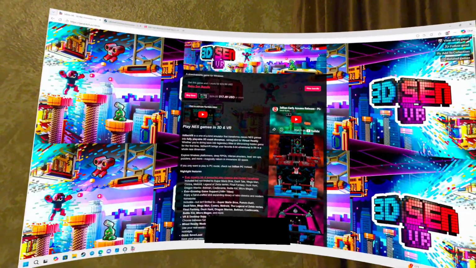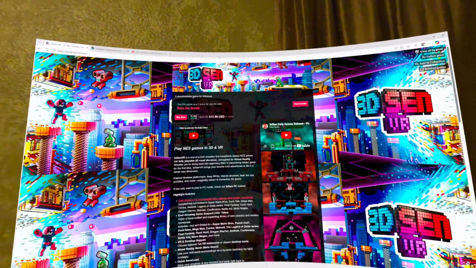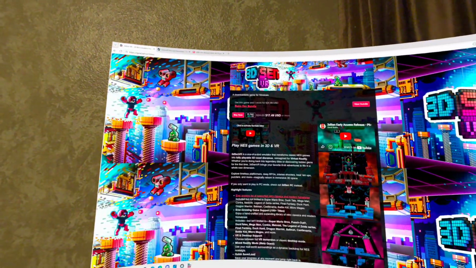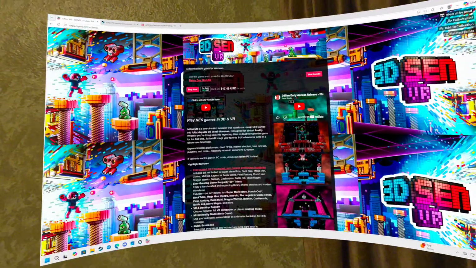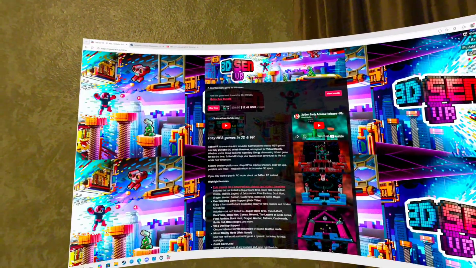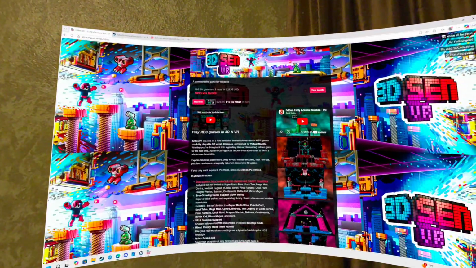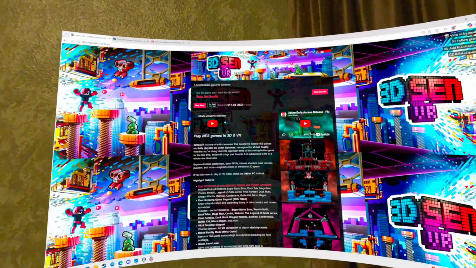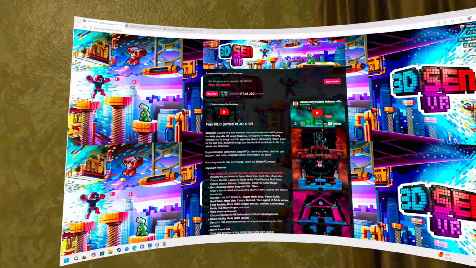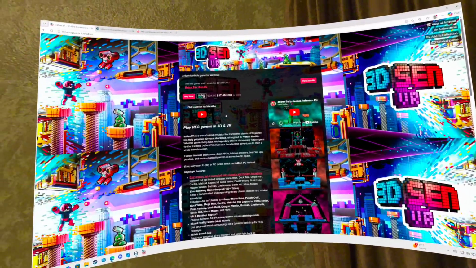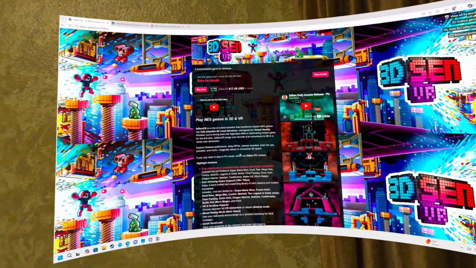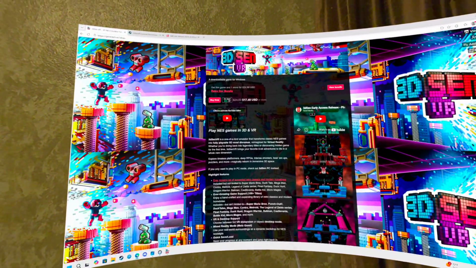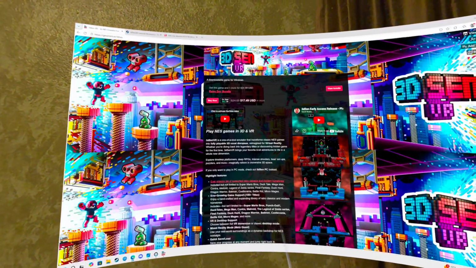Okay, I'm in Virtual Desktop. I'm looking at 3dSenVR. It's an NES emulator, and this is the VR version. It's on itch.io. There's also just a version without the VR, 3dSen. It's a PC version, but the VR version can run on the PC as well for 2D. I don't understand the difference between them, but I figure you just get the VR version and